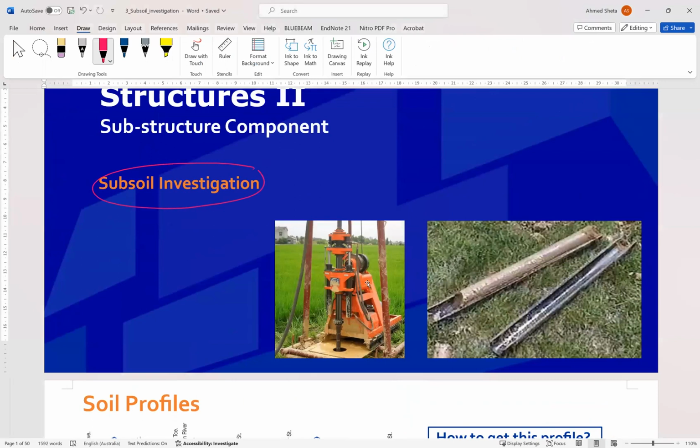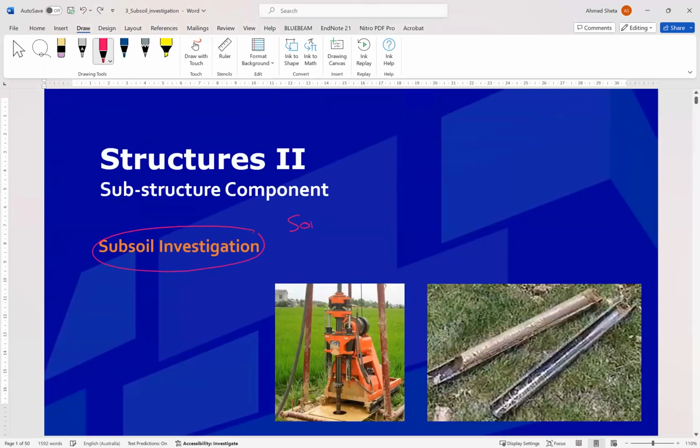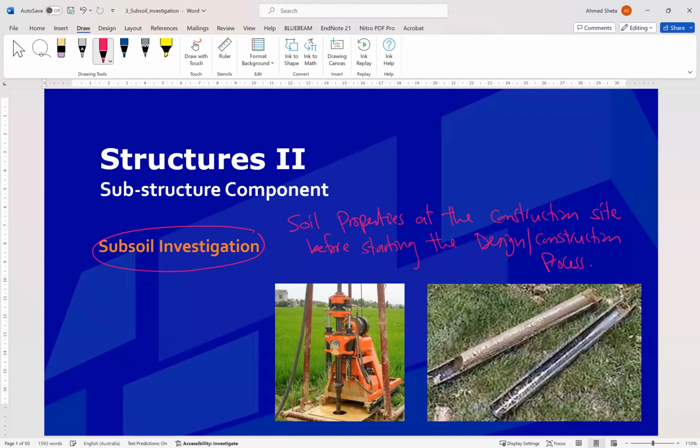Because we need to know the soil properties at the construction site before starting the design and construction process. So before you start the design of your building or your foundation of the building, you need to